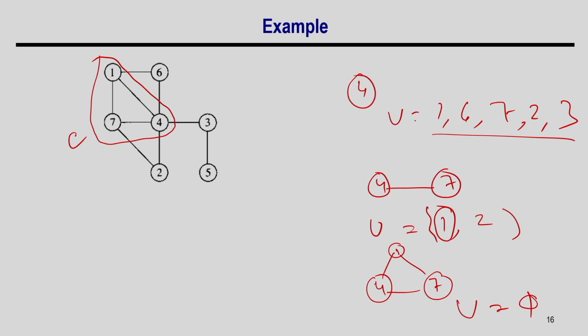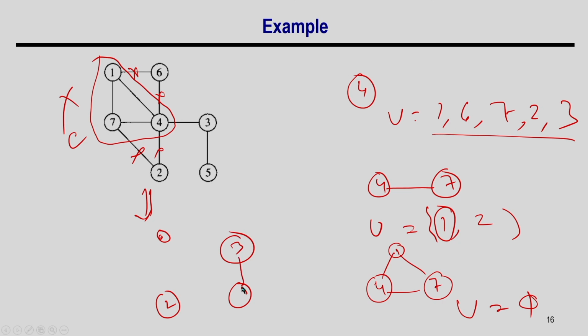Now I am going to remove 1, 4 and 7 from the graph, because this is already covered. So the remaining graph is 6, 2, 3 and 5. Now I am going to take the node with the highest degree. Node 3, node 2 and node 6 each have degree 2, but some edges no longer exist. After this my remaining graph will look like this: 6, 2, 3 and 5. This is the remaining graph, because the other part is already done.